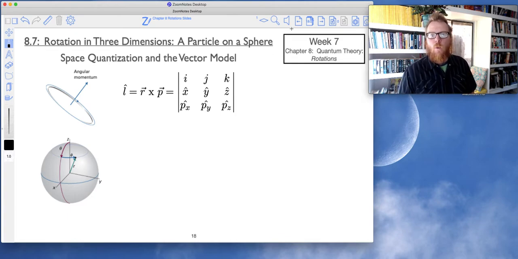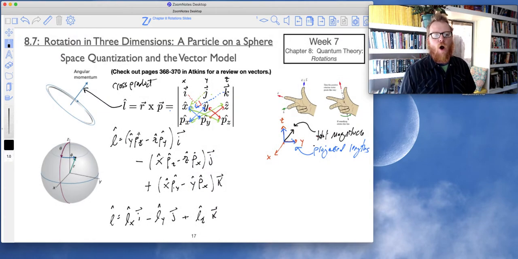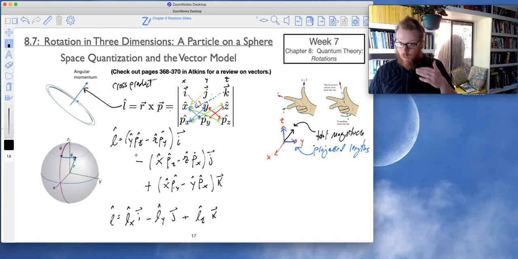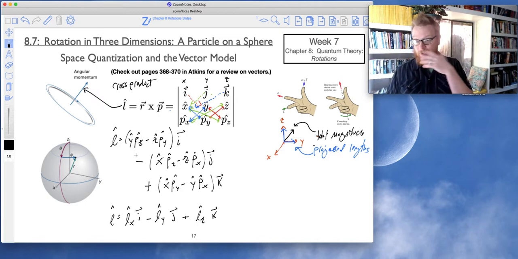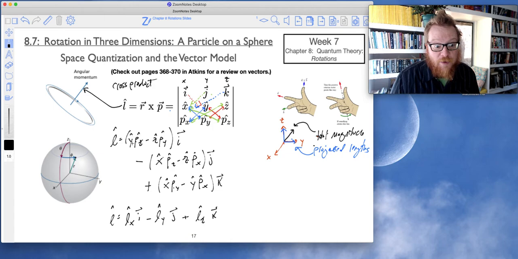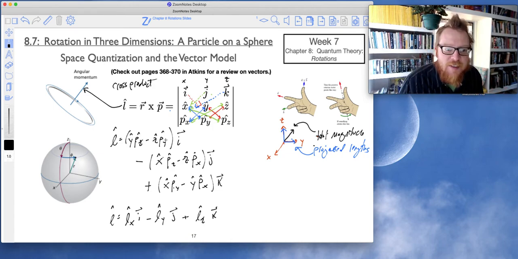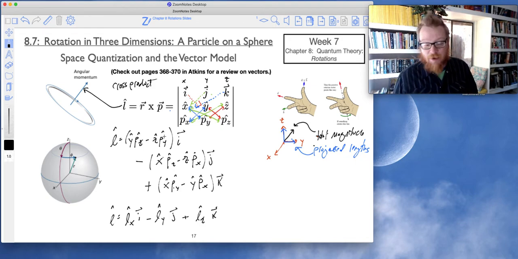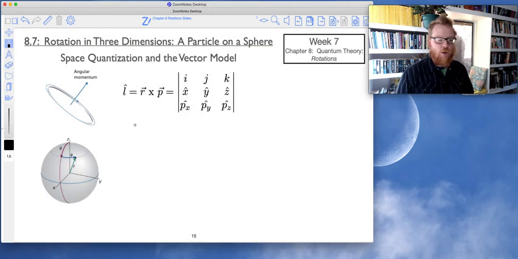So what's going to happen now is, recall that position and momentum are subject to Heisenberg uncertainty, right? So each one of these terms, y pz for example, is going to have a Heisenberg uncertainty. z py, that's also going to have a Heisenberg uncertainty, right? Any of these terms in our orbital angular momentum operator are going to be subject to Heisenberg. So what happens if we look at the commutator between those